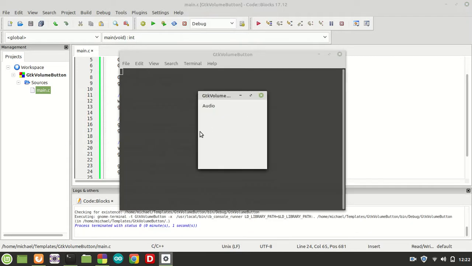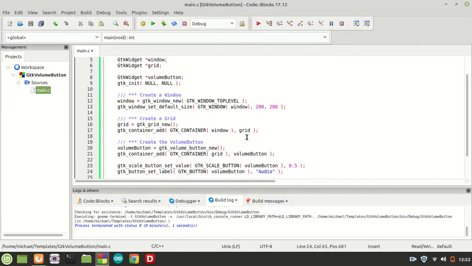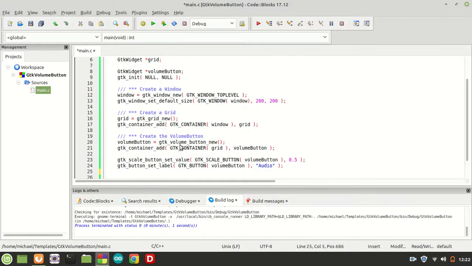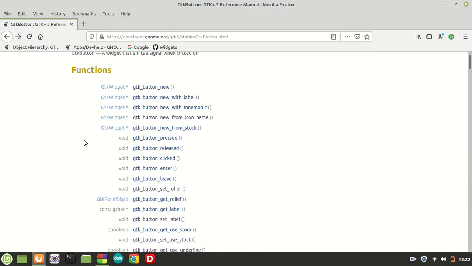Whoa, you see, now we have no image anymore or icon. We have a name which is called audio, which is also our button. You can click on it, and as you can see, it works fine. So basically, we decided to change this thing. Because you can change these things, you can also do some other things, like, for example,